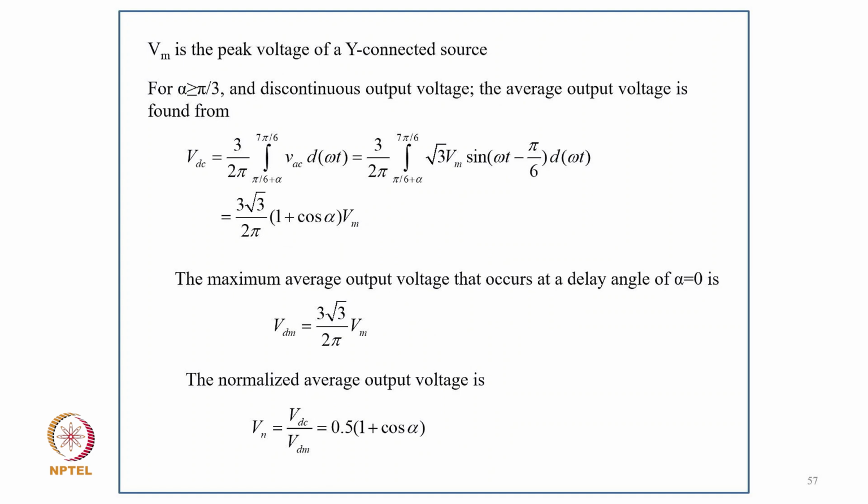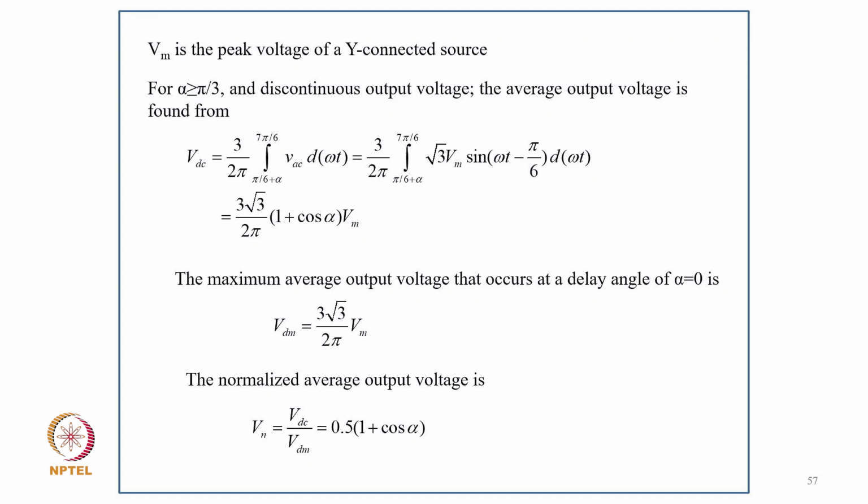So for alpha greater than pi by 3, the discontinuous output voltage, the average voltage will be found as Vdc equal to 3 by 2 pi integral from pi by 6 plus alpha to 7 pi by 6 of Vac d omega t, and putting in the value it comes to root 3 root 3 by 2 pi into Vm into 1 plus cos alpha, and the maximum average output voltage occurs at delay angle alpha equal to 0, so that becomes Vdc equal to Vdm equal to 3 root 3